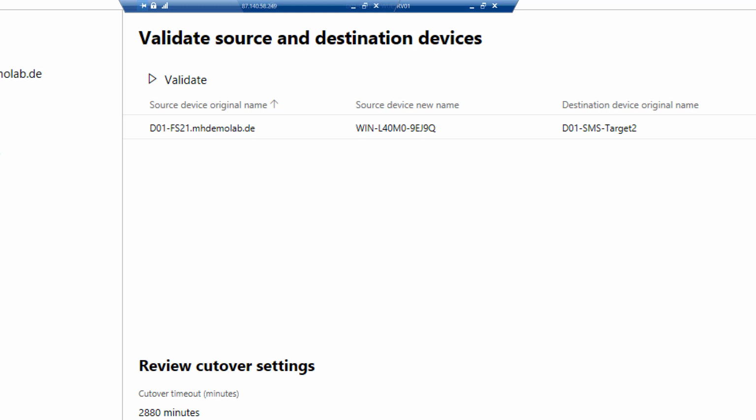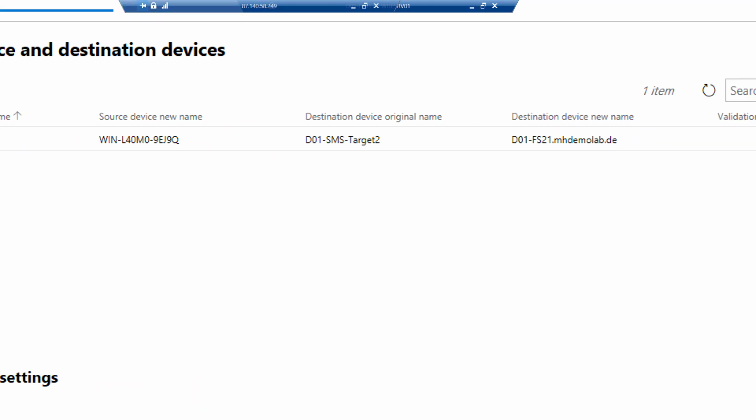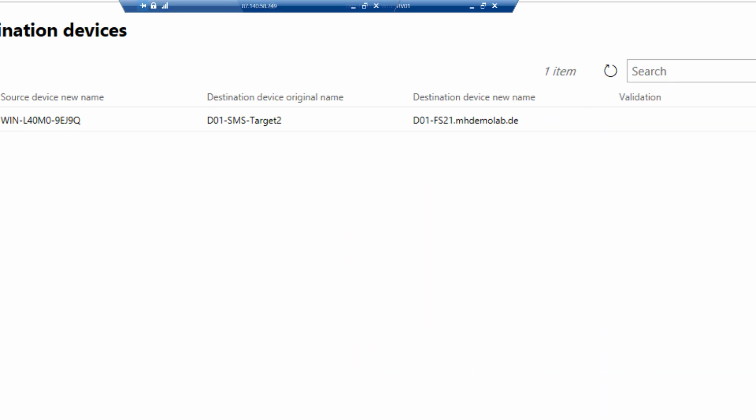The destination device's original name is D01-SMS-target2, and the destination device's new name will be D01-FS21. So the destination server will have the file server's name when we finish with the migration, and the file server's IP address, and all the shares.